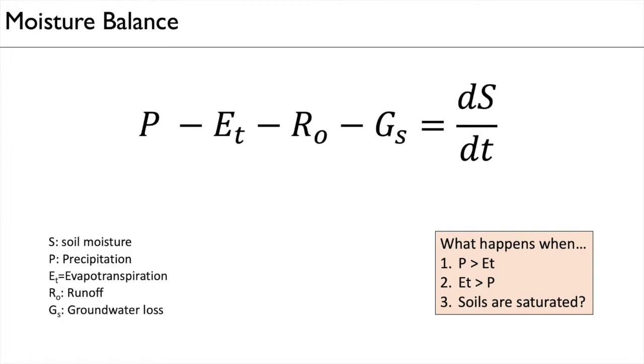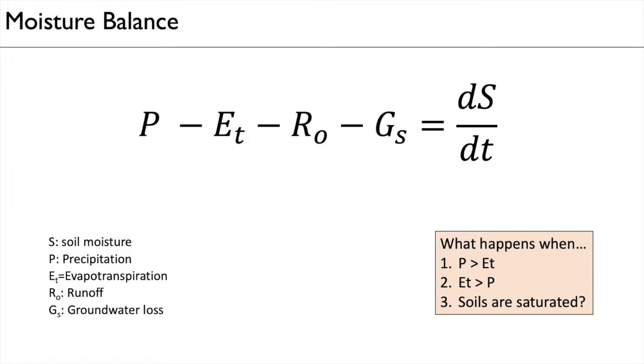So some little thought experiments here with this moisture balance equation, just in your heads real quickly. Say we're talking about monthly data here. Over the course of a month, what happens to soil moisture if precipitation is greater than evapotranspiration? Well, to first order, all other things being equal, you would expect soil moisture to increase if on average over the course of a month precipitation exceeds evapotranspiration. The other way around, right? If evapotranspiration is greater than precipitation, then you would expect soil moisture to decrease during that time step.